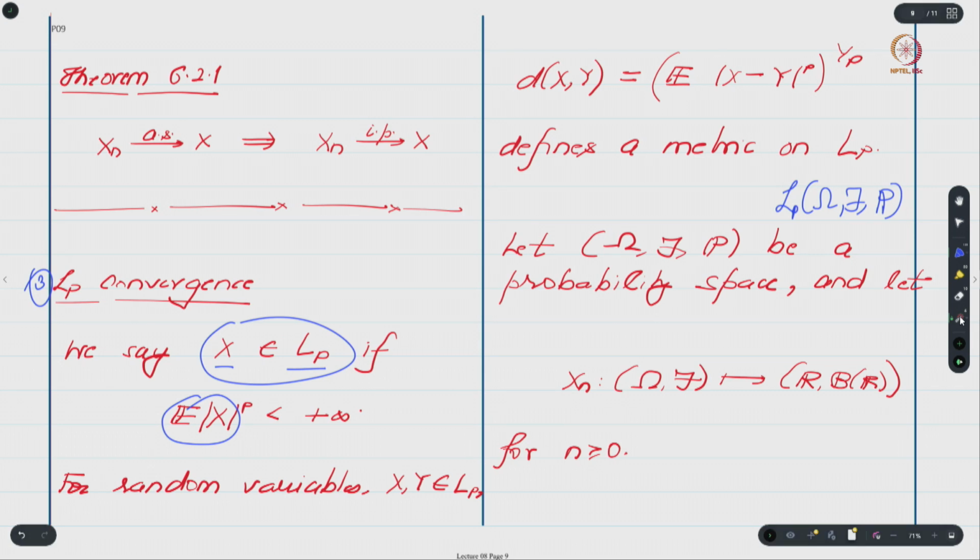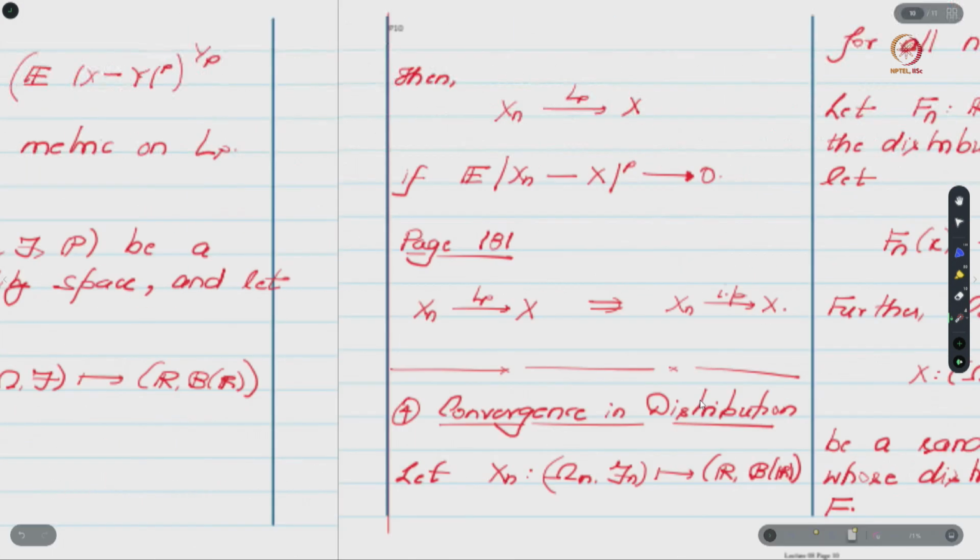This LP omega F P is the collection of random variables for which the expected value of the pth power is less than infinity. Here I ignored the probability space, it was implicit; here I am expressing it explicitly. So LP of omega F P is the collection of all random variables whose expectation of the pth power is finite. And we will say a collection of random variables xn, again notice that all these random variables are defined on the same probability space,